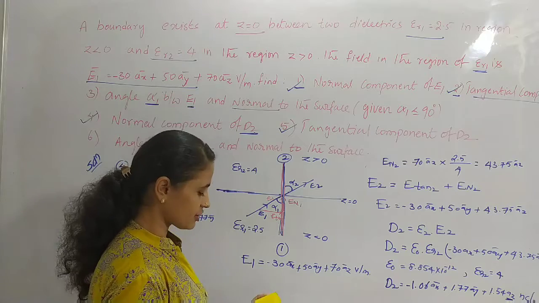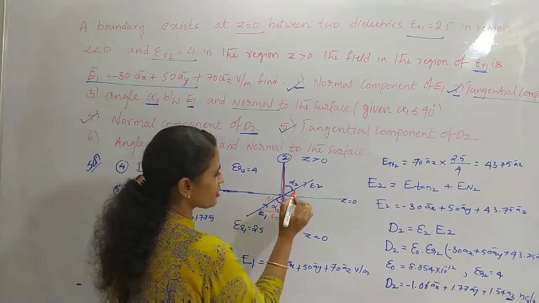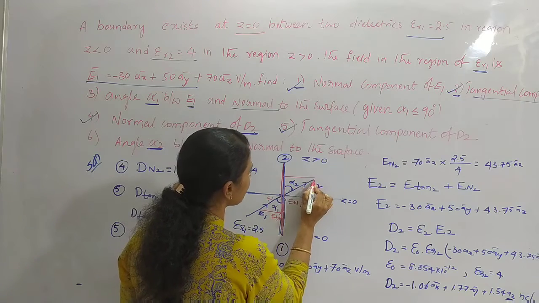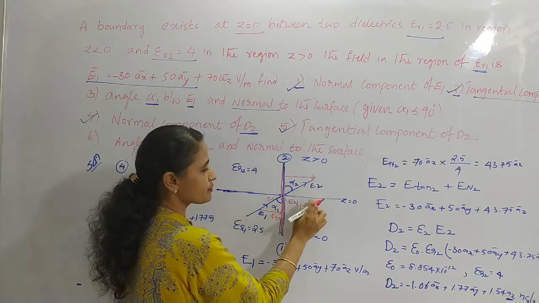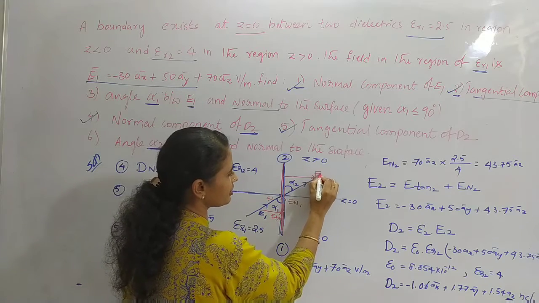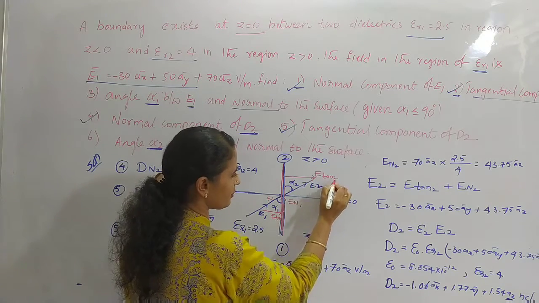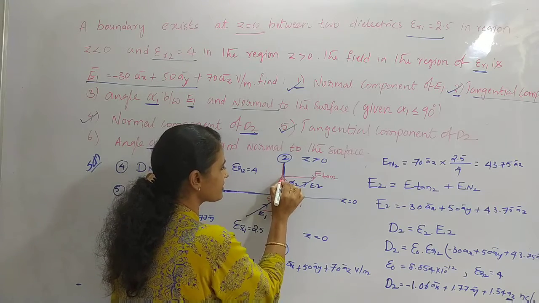Again let us use the tan function only. To apply the tan function, this is our tangential component, because it is parallel to the boundary line, and this is as it is normal only, so I can write this as